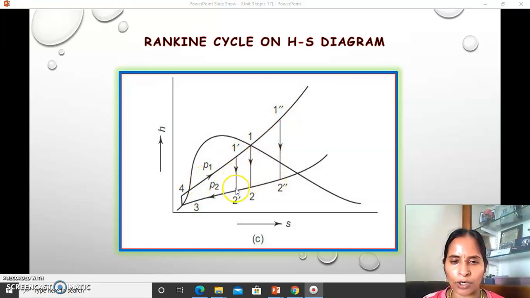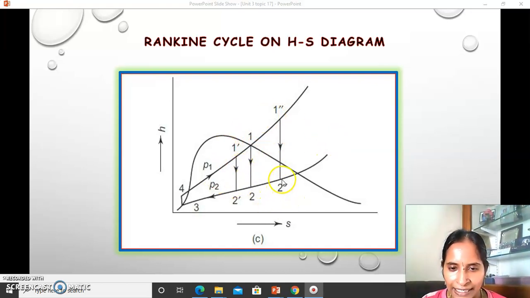Depending upon the condition at the turbine inlet, wet, dry saturated or superheated steam undergoes reversible adiabatic expansion, and it reaches the condition of inlet to the condenser. Till the pressure reaches the lower pressure P2, the expansion takes place and the energy of the steam is given out as shaft work. So here the steam's energy is transformed to shaft work.